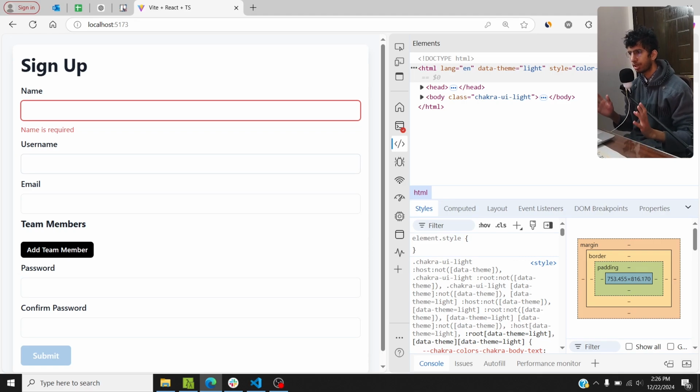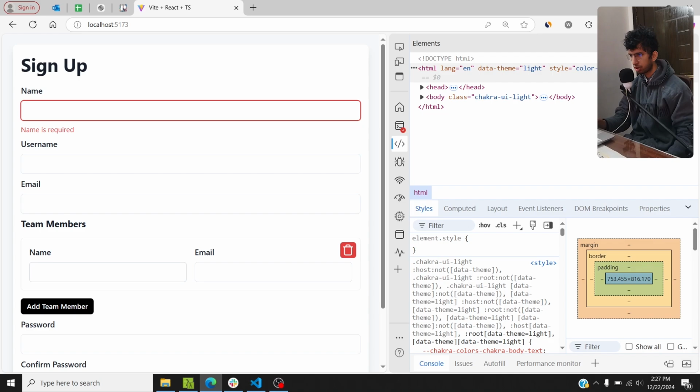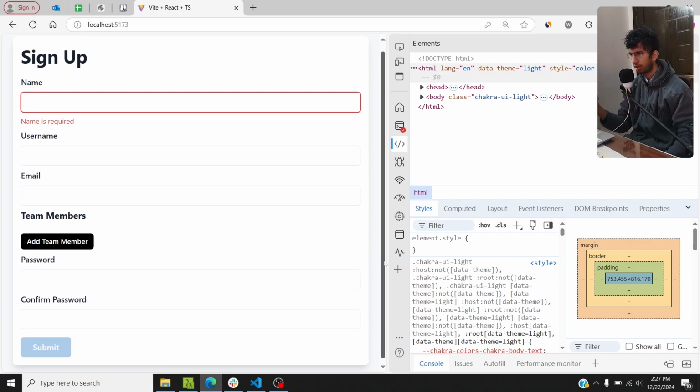Hey everyone, my name is Usman, and in this video we'll look at how we can make forms using Tanstack Form. So here I've got a form with a lot of fields. I've applied validation in this form, like the required validation, and there are other validations as well as a type. And then I can add multiple fields in the team members portion, so I can add array fields, and I can remove them as well. Other than that, I've covered a lot of other stuff like form submission and integrating it